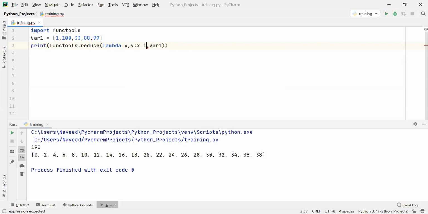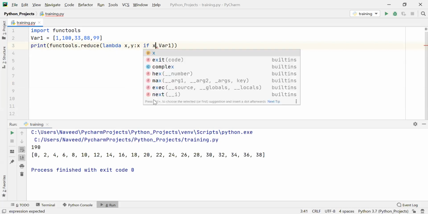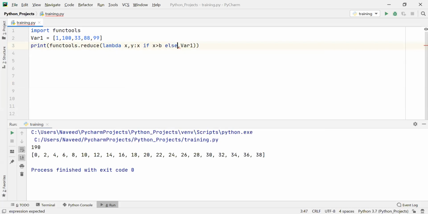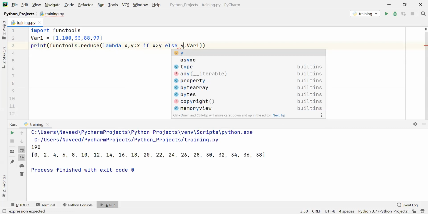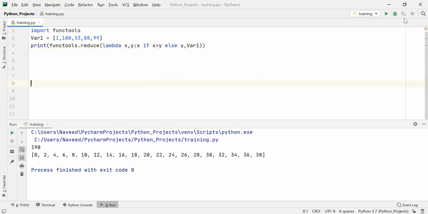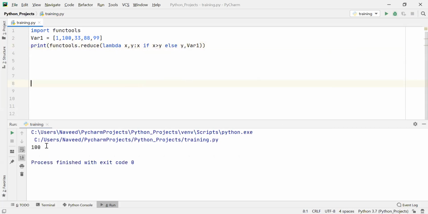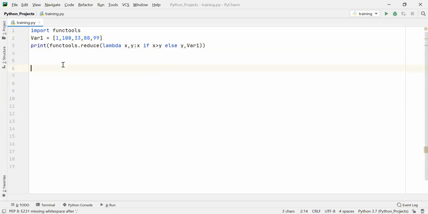So x if x is greater than y, else y. Only this change I need to do. Then out of this, you can see 100 is the largest element. So basically, we can use the reduce function for scenarios like this.